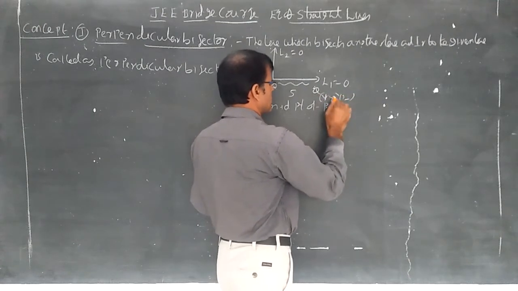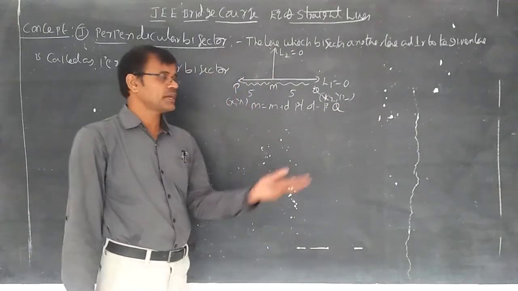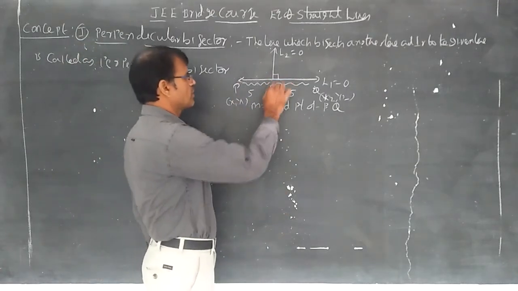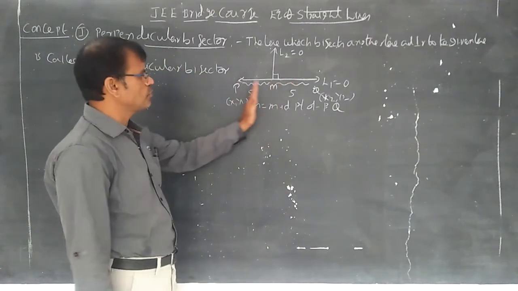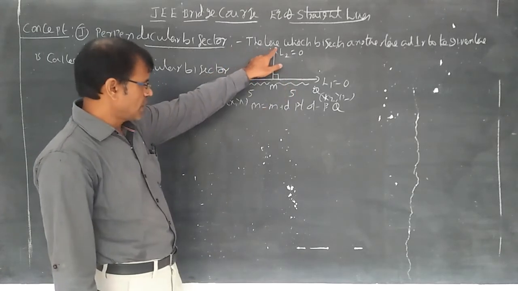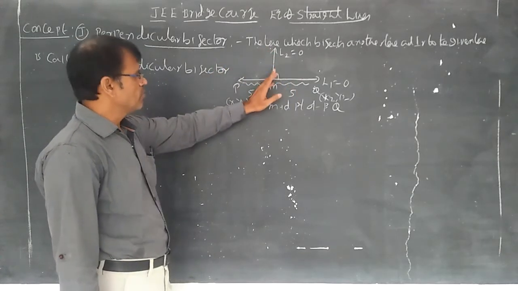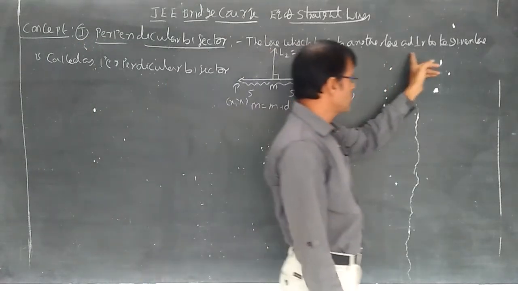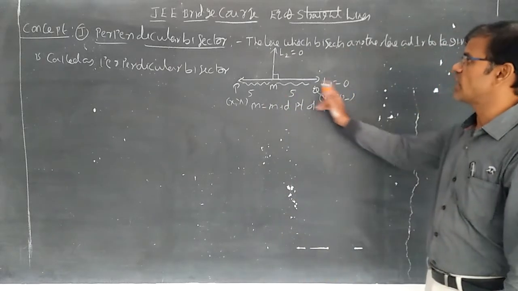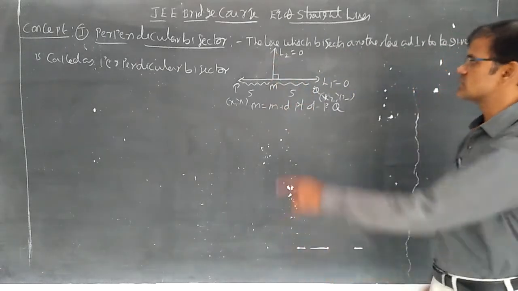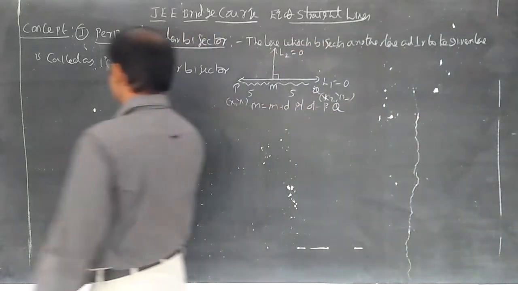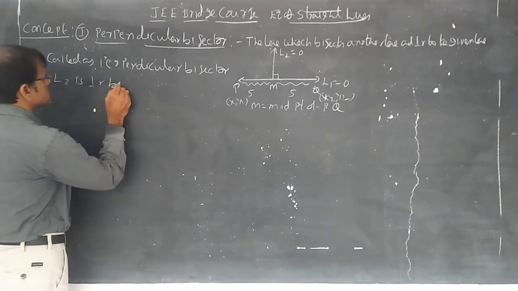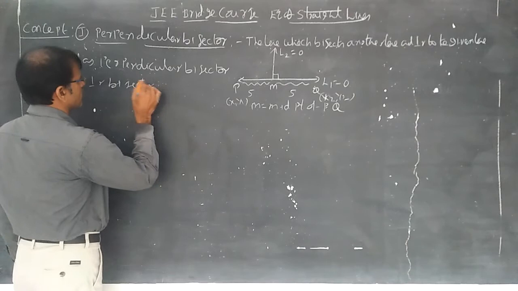If P (x1, y1) and Q (x2, y2) are two points on a given line L1, and L2 is perpendicular to that line and divides the line into two equal parts, that is the line I am discussing, L2. Bisecting itself means dividing into two equal parts, and the line is perpendicular to the given line. This is the given line and this is the perpendicular bisector. Therefore, you can understand here L2 is the perpendicular bisector of L1.